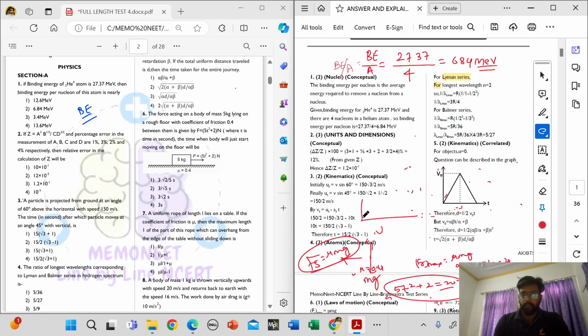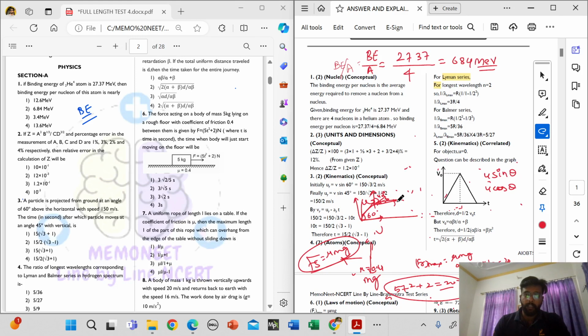So we have been given a projectile motion. The particle is moving at an angle of 60 degree with the initial velocity u, that is given as 150 meter per second. So we know that the horizontal component will be equal to u cos theta, and the vertical will be u sin theta. This is horizontal, this is vertical. We want to know that at some time the particle will be at 45 degree